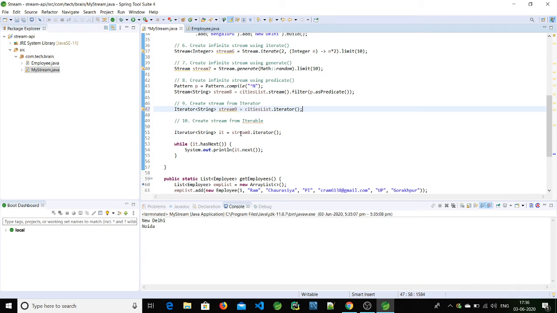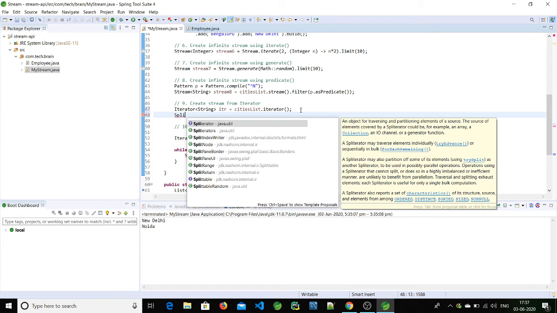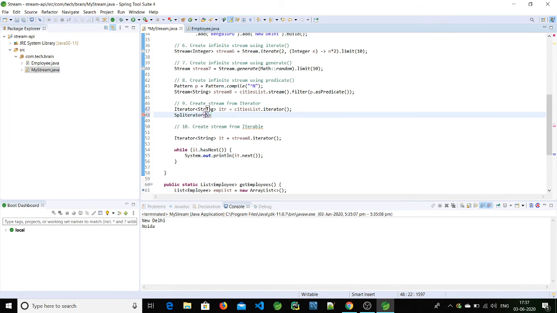Here I have given the name stream 9, it should not be that, let's name it itr for iterator, and let's create a spliterator. A spliterator is an iterator object having multiple functionalities: first it splits the whole value part by part and then iterates. So it has split plus iterator, and this holds a list kind of object.